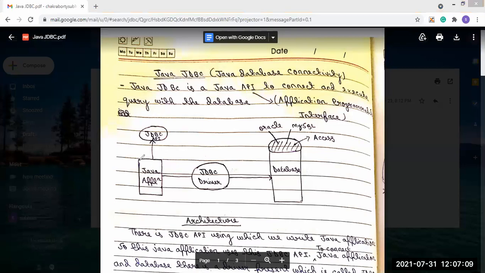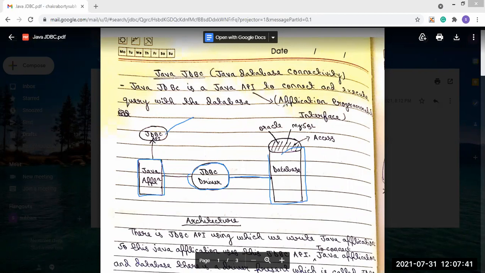If you see the drawing, there is a Java application, a JDBC driver, and the database. This is the database, and this is the Java API.